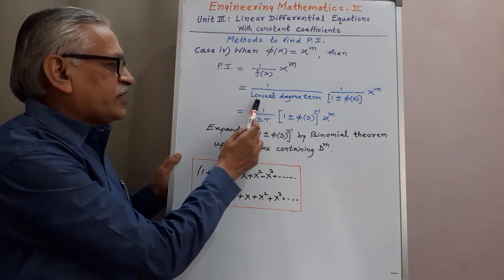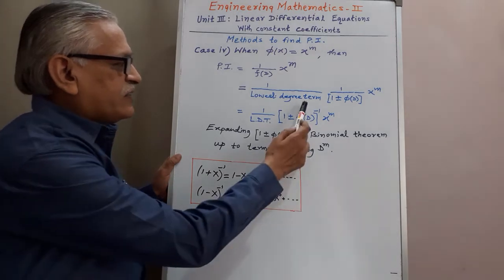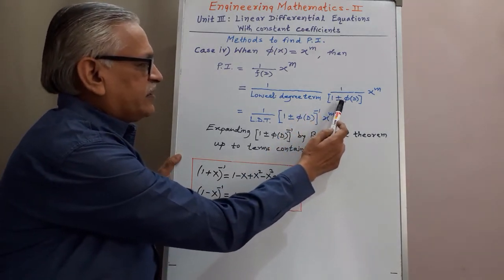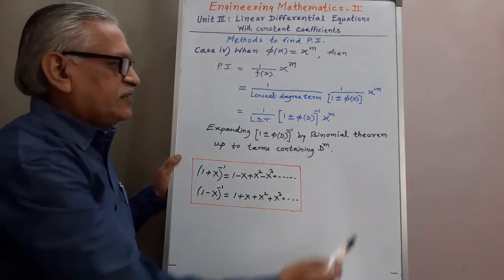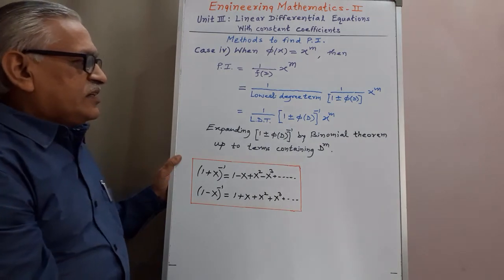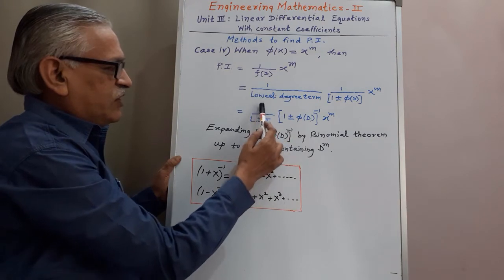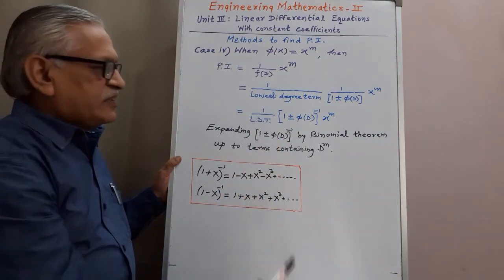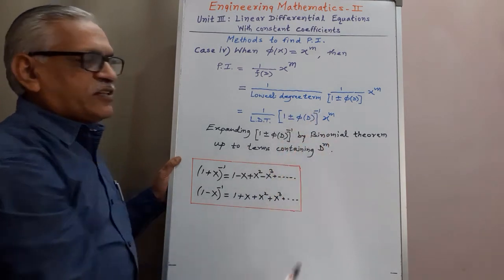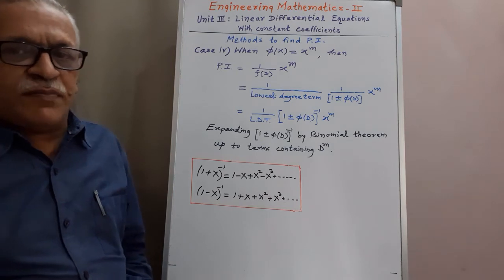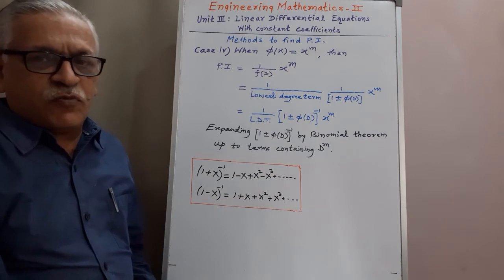The technique is that from this f of D we have to take the lowest degree term as a common term. After taking it common, the remaining term in the denominator is in the form of 1 plus phi of D or 1 minus phi of D, which we have to operate on x raised to m. Then transferring this to the numerator, we get 1 upon the lowest degree term as it is, into 1 plus or minus phi of D, that bracket raised to minus 1, operated on x raised to m, and then expanding this bracket by binomial theorem,